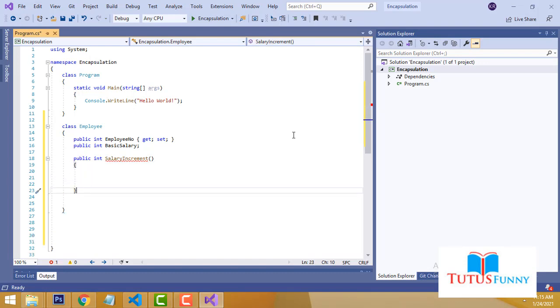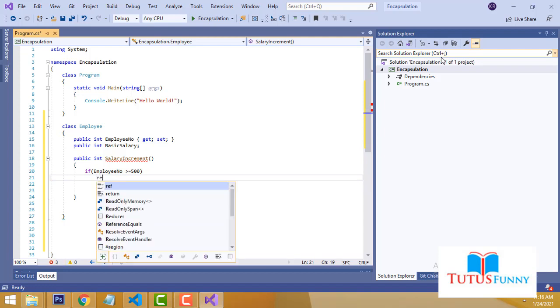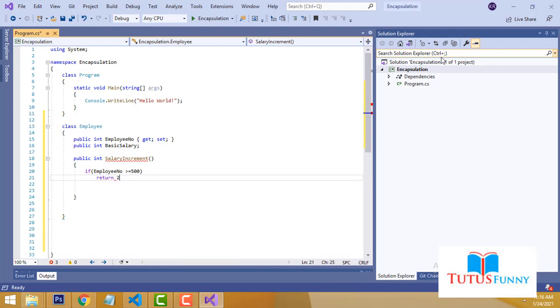So first, I am going to create the condition: if employeeNumber greater than 500, return 50,000. Else, return 30,000, right?